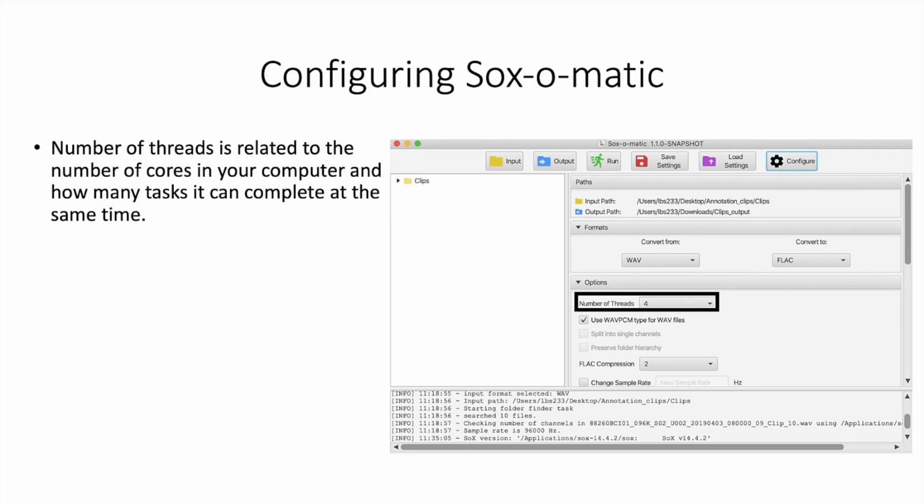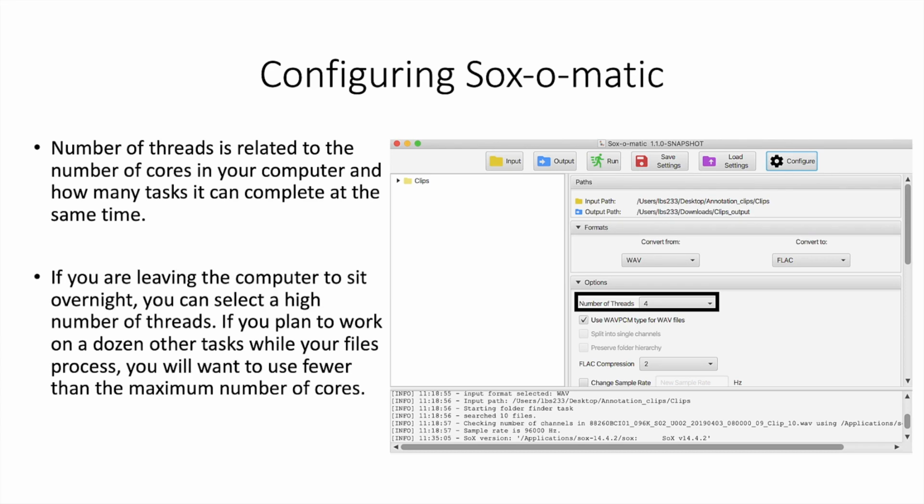The next option is the number of threads that will be used in the conversion or compression. And this is related to the number of cores on your computer and how many tasks it can complete at the same time. So if you're leaving the computer to sit, for example, overnight and just process files, then you can select a relatively high number of threads. But if you're going to continue to do other work while Sox-o-matic runs, then you'll want to select a lower number of threads so that there's still some processing power left for other tasks. The number of threads that you see available will vary depending on the